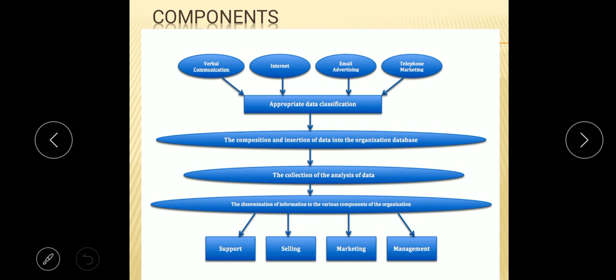Some CRM software is available as software as a service, that is SaaS, delivered via internet and accessed via web browser instead of being installed on a local computer. Businesses using the software do not purchase it, but typically pay a recurring subscription fee to the software vendor.